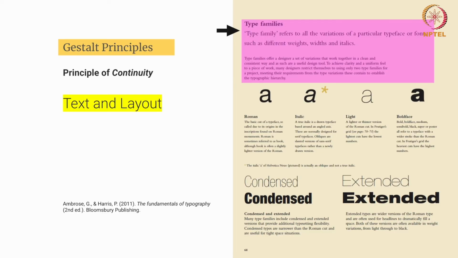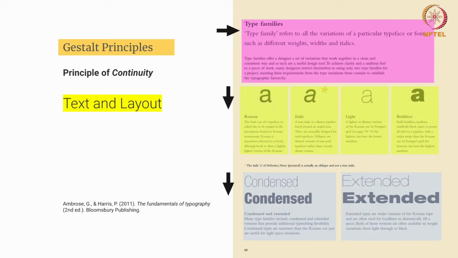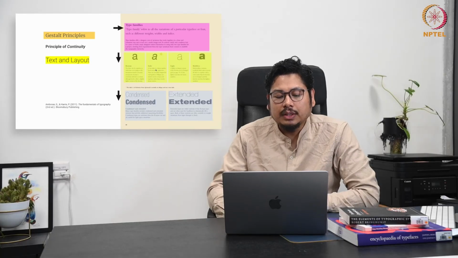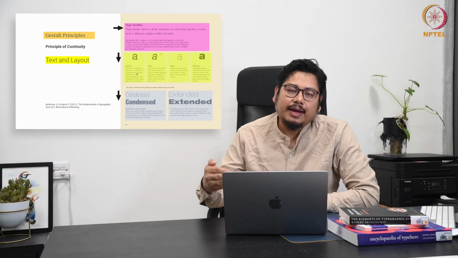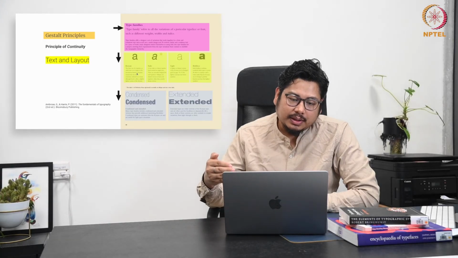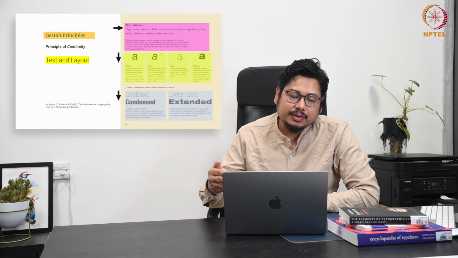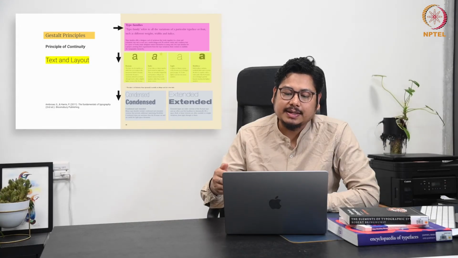So as I say, this feels like automatically your overall continuity seems different here. You read it from top to bottom. Again, in the lower segment, you read it from top to bottom, but again there are segments where you are reading from left to right in a larger context compared to this. So this is how the idea of layout also plays an important role to depict continuity in terms of text and typography.